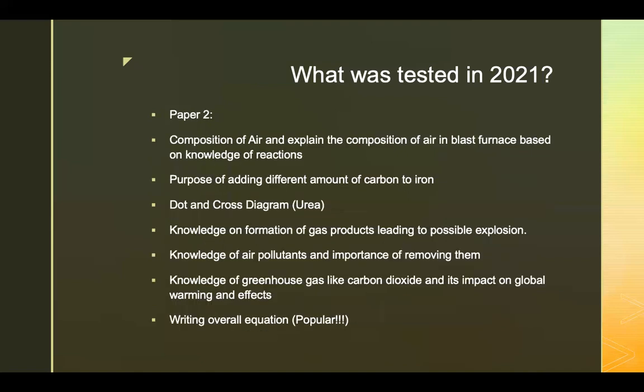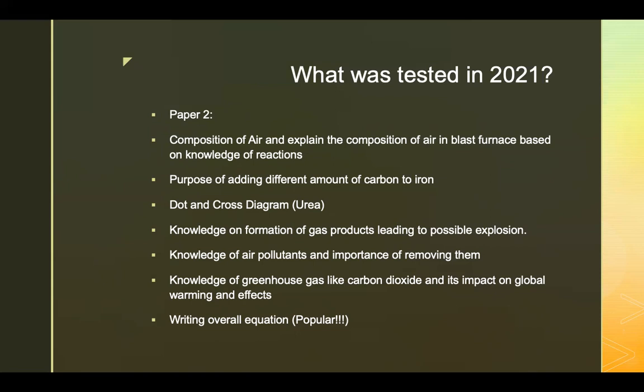All right, then composition of air was included as part of the blast furnace question, and students need to explain the composition of air in the blast furnace based on knowledge of reactions. Like nitrogen was found in high percentage because nitrogen was not involved in reactions in the blast furnace in the extraction of iron. There is a certain percentage of CO2 and CO formed because of the reactions taking place. So they need to write down or even show equations to explain how these gases come about in the outlet